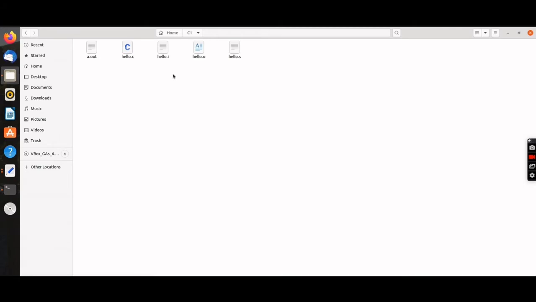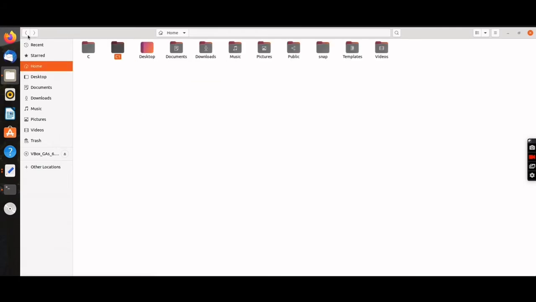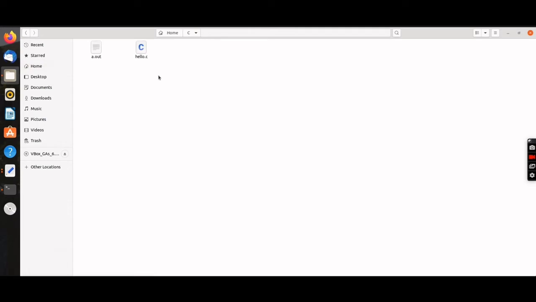Here you can check there are 5 files. If I take you to the previous folder where I just ran the program, you can see only 2 files. One is the human readable file where I wrote the Hello World program, and the other is the executable file, which is converted to machine-level language. But here, where I compiled the program step by step, you see 5 different files. Then what are those? Let me take you through each of them one by one.